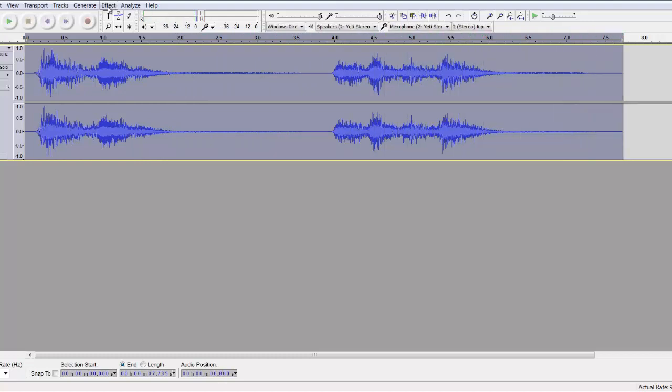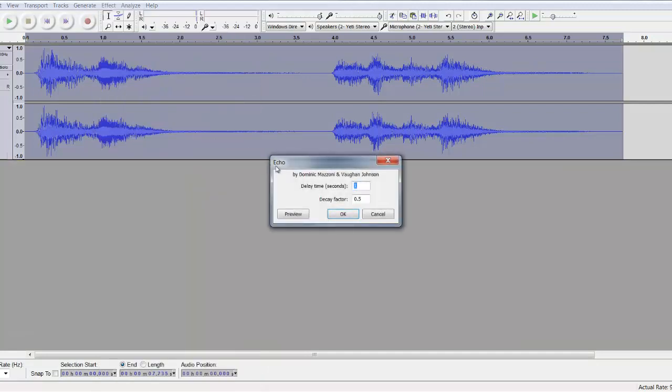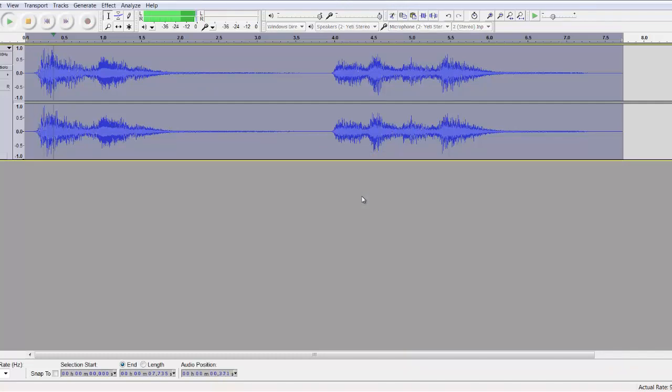Okay, so that's pretty much the tutorial done. But if you want to just add your own little bits, I'm going to add a bit of an echo, 0.1 and 0.1. That's fine. And that's just because I like adding the little touches. That's the effect done. So all you really need to do for this is just do what I did and